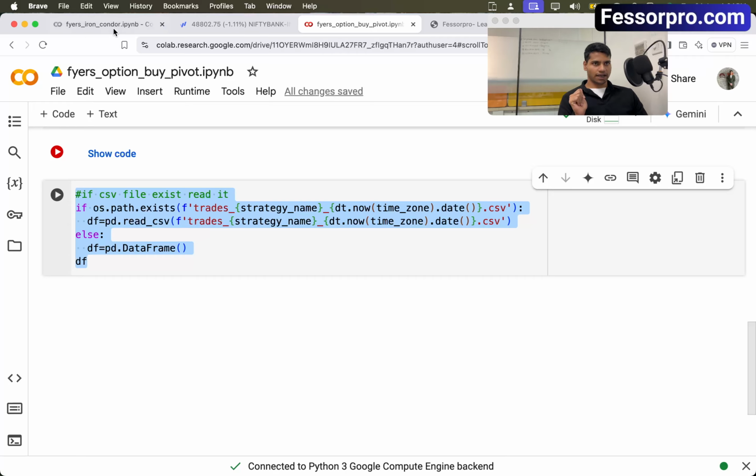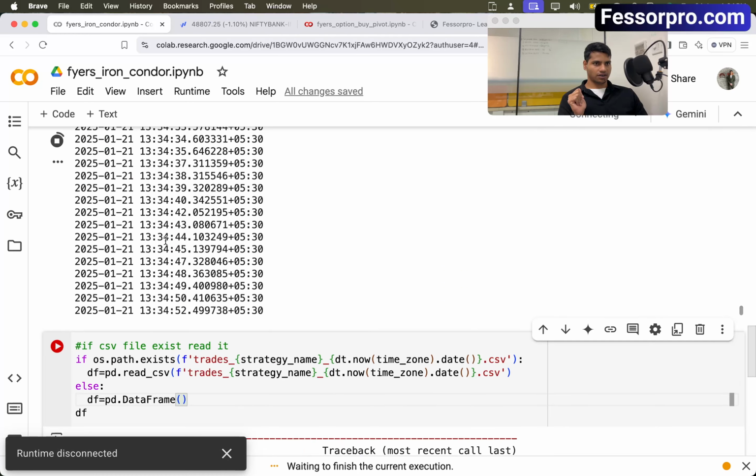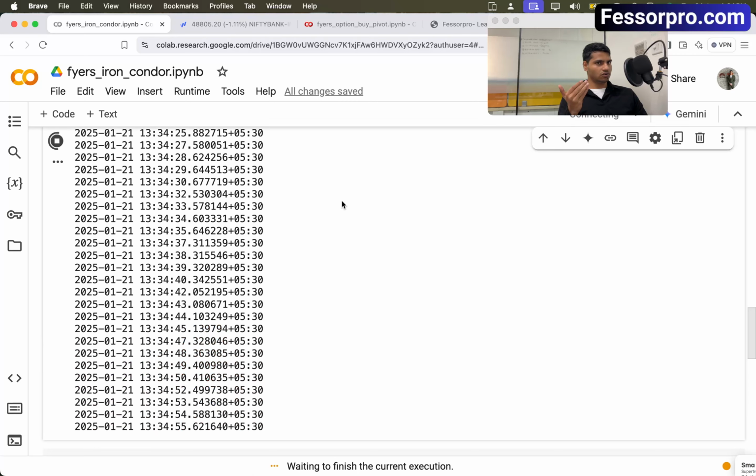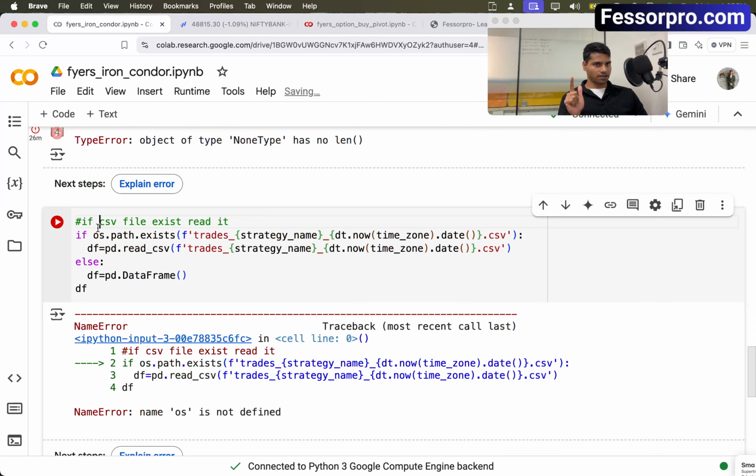Okay, so I can show you another file. This is another file that is still running. You can see it is executing. I'll just stop and show you how it looks. Let's say you want to see how many trades are executed by this strategy. So you stop it. After stopping, you can run the next cell